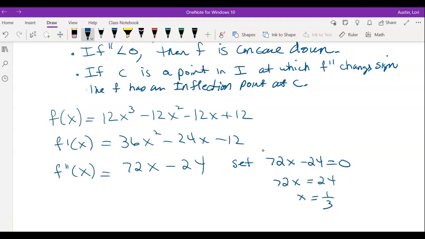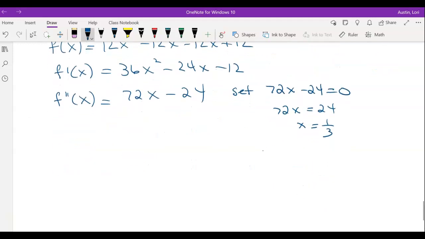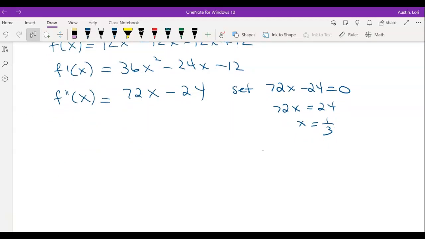Okay, if we do this second derivative test on our own, it's only going to give us information about concavity. What's nice is you only have one critical value now, right? So we only have two intervals. Here's 1/3, and we only have two intervals to deal with. We've got this first interval, which goes from